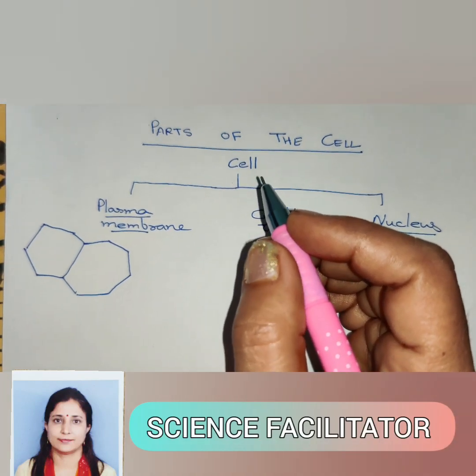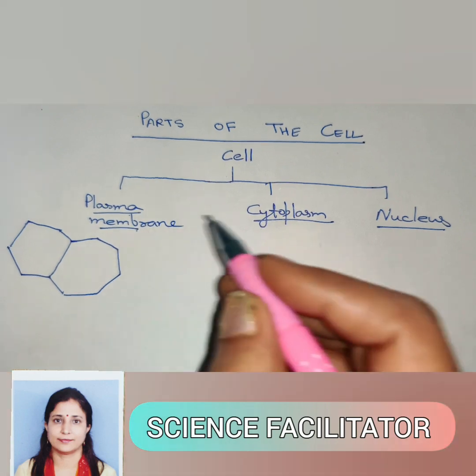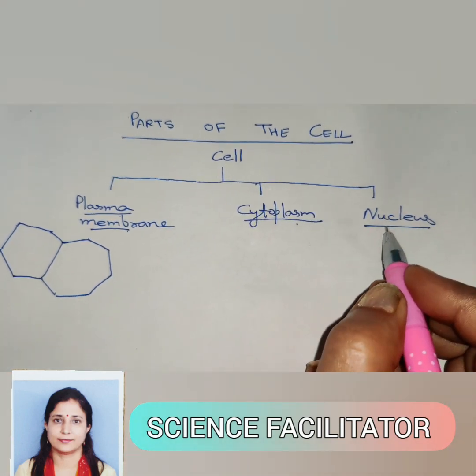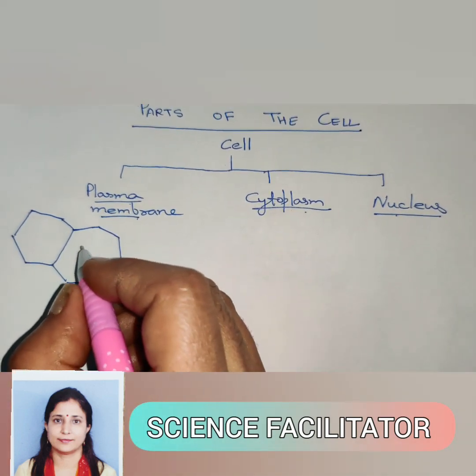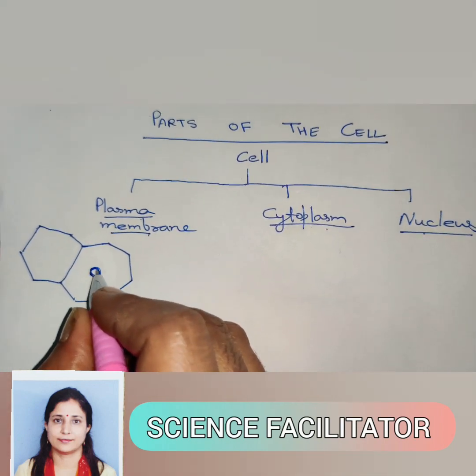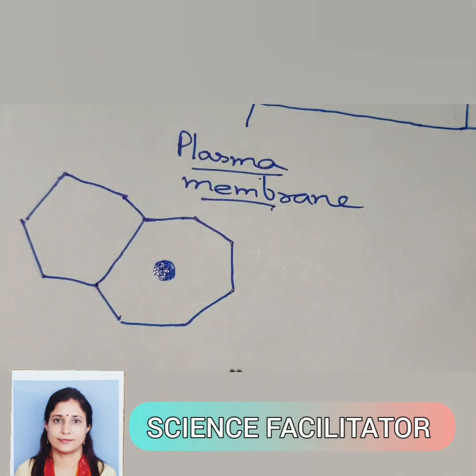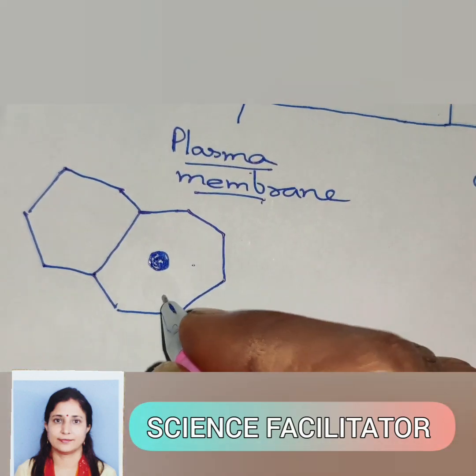Let's start with parts of the cell. Cell has three main components: plasma membrane, cytoplasm, nucleus. If we observe human cheek cells under microscope, you will see cells like this. So this outermost boundary is plasma membrane, and the fluid between